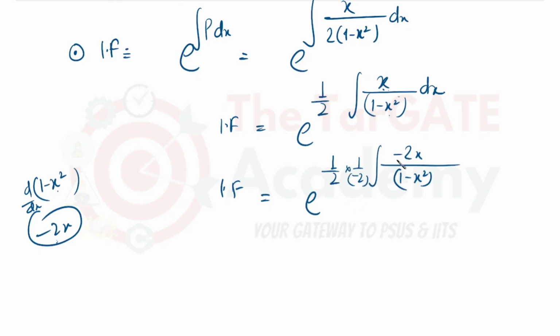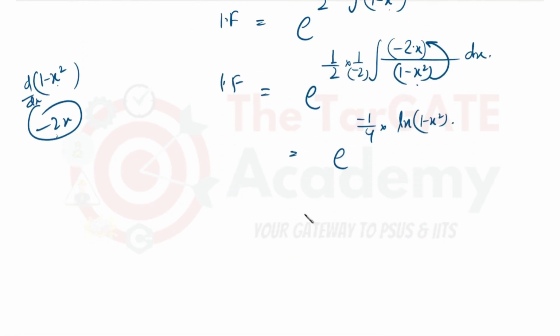कर सकते हो ना ऑल ऑफ यू। -2 खत्म, जो बचेगा यही होगा। दिस इज हाउ वी डू इट गाइस। e to the power -1/4, ये तो आ गया न्यूमरेटर, डिनोमिनेटर, तो डिनोमिनेटर का डिफरेंशिएशन न्यूमरेटर में है, तो आई हैव ln ऑफ 1 - x² होगा गाइस ऑल ऑफ यू, बताओ तो। गॉट माय पॉइंट, क्या हो रहा है? जब डिनोमिनेटर का डिफरेंशिएशन न्यूमरेटर में है, तो ये तो ऐसे ही आ जाएगा गाइस, ln ऑफ दिस।